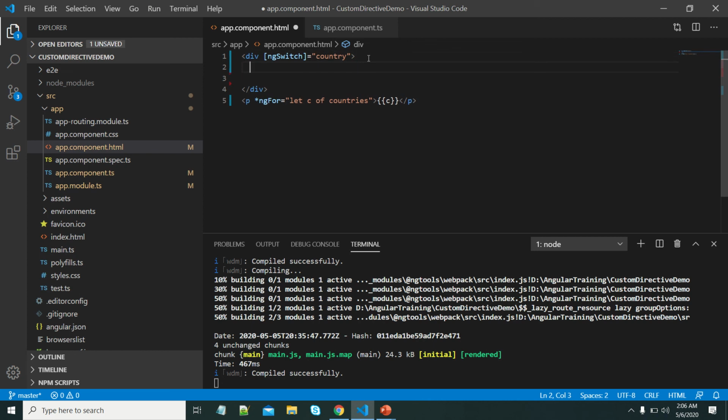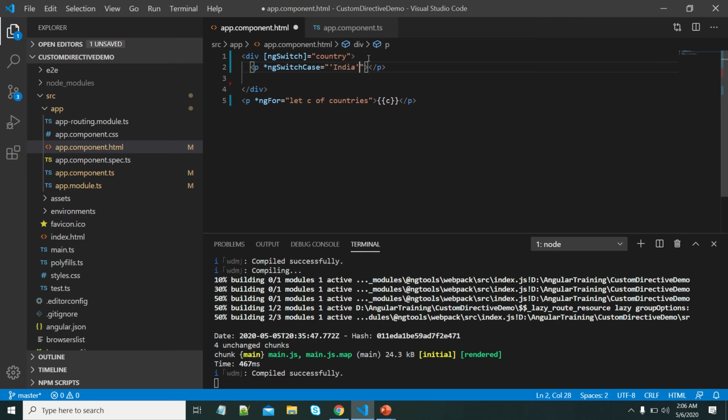Here we can write the switch cases. I'm using the p tag only. If you want to use ngSwitch, you have to use *ngSwitchCase equal to some text, so the country will be matched with this text.